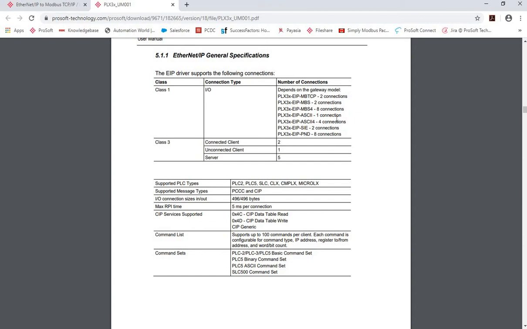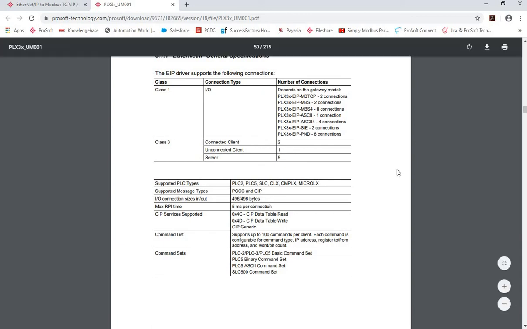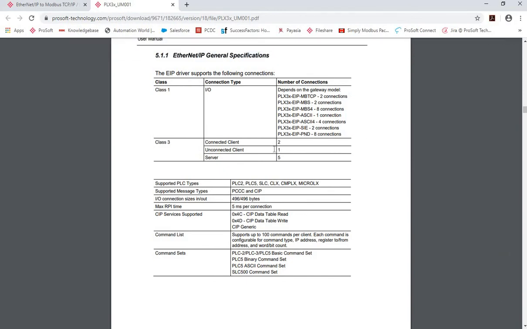So for every one of these connections, you will get 496 bytes, or 248 integers, of inputs and outputs. And as of 25th of March 2020, our PLX gateway module supports up to 4,000 integers. So let's say you are using PLX31 EIP MB-TCP, so you get 2 connections. If the data count that you need exceeds the 2 connections, you can use class 3 connections